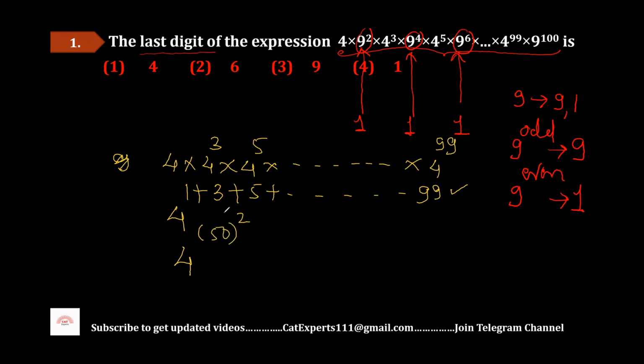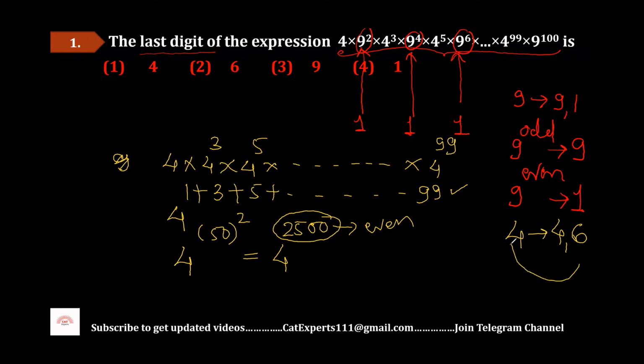You should be aware how to find out summation of n square, summation of n cube, summation of even numbers, summation of odd numbers. So I'm using that concept only. So this will give me 4 power 2500. Now, what is the power cycle for 4? 4 and 6. What is the power of 4 that we can see in the final expression after simplification? It's even. So if the power of 4 is even, I should get the answer 6. So my final answer at the units place is going to be 6. Yes, that is there in the option. My answer is going to be option number 2.